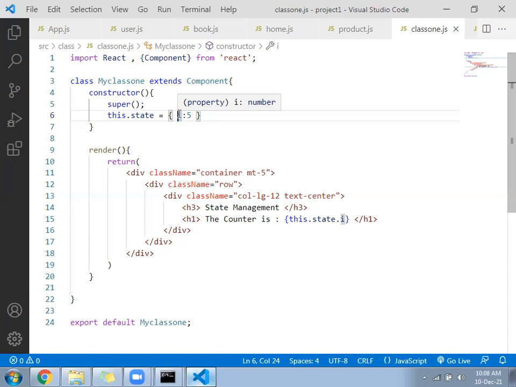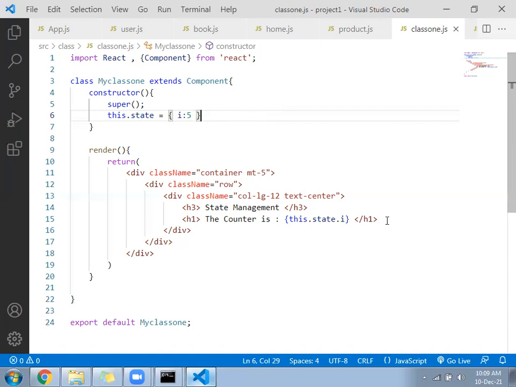Inside I will keep key colon value. The key is the variable name and the value is the default value. So this.state equal to variable name is how to create a variable, and we change the value of the variable with the help of the function called setState.